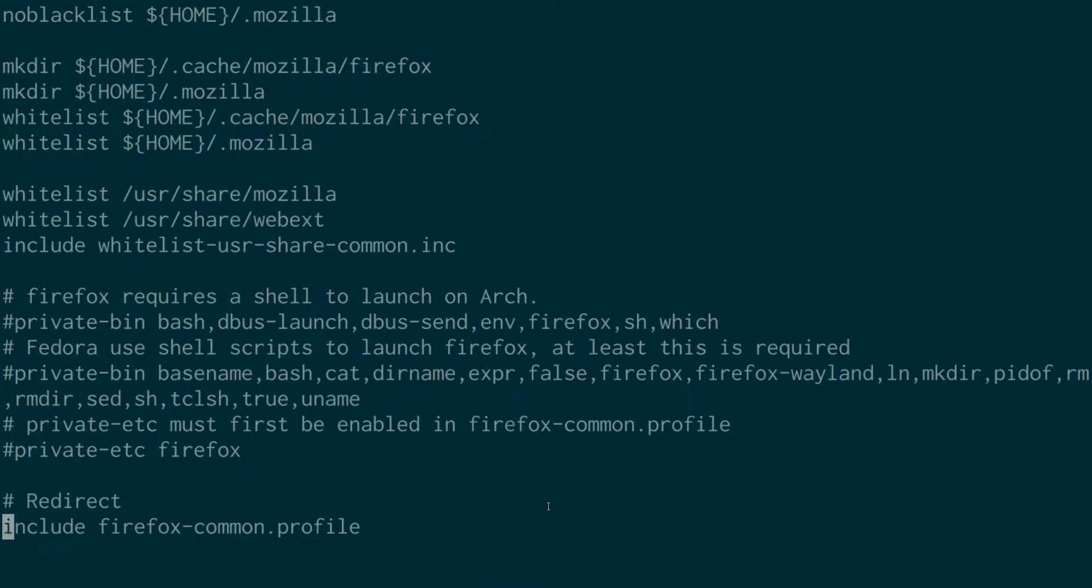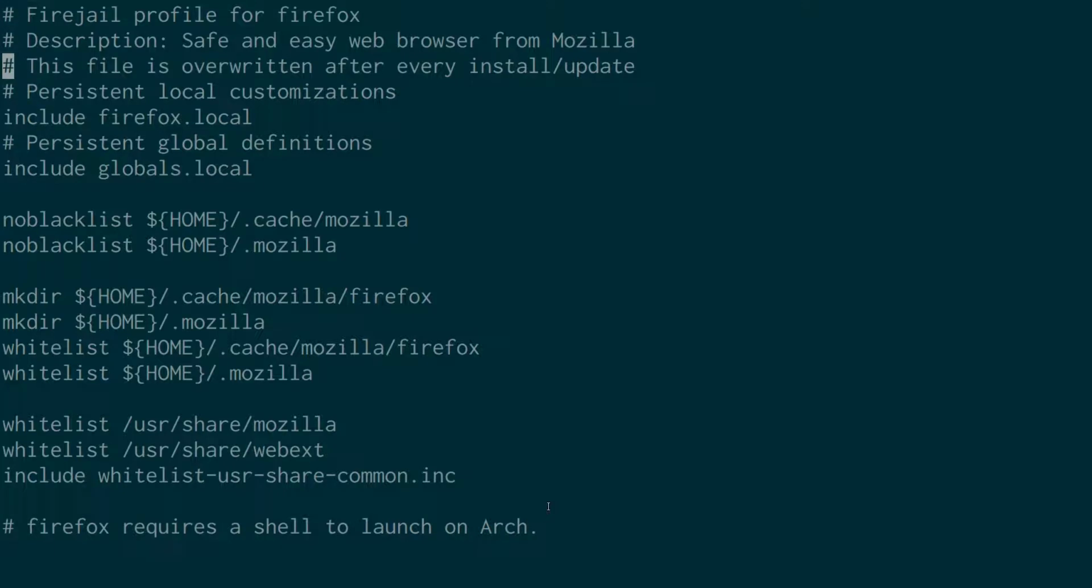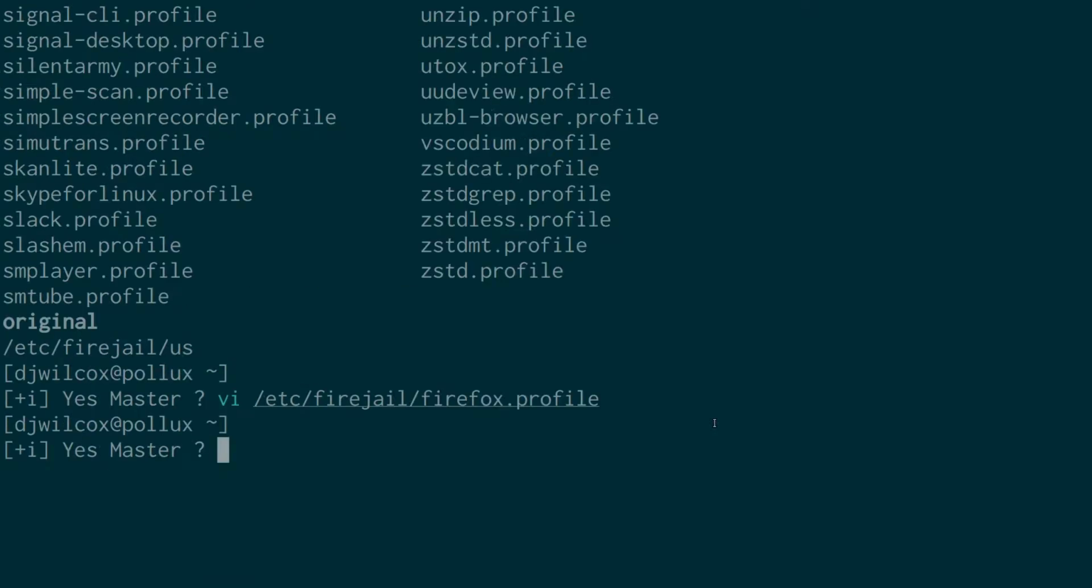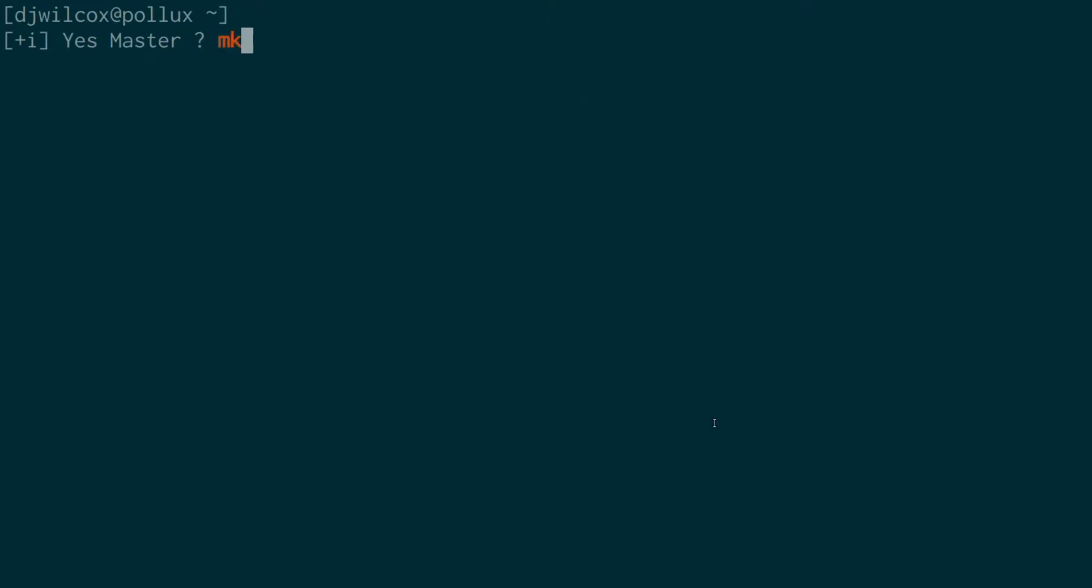And at the bottom include Firefox common profile. But this section here, include Firefox.local. Basically, what that allows you to do is, instead of editing the main Firefox config file here for Firejail, you can create a Firefox.local file to add options in, and the way you do that is by creating a